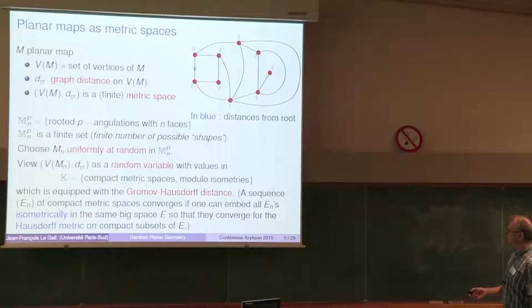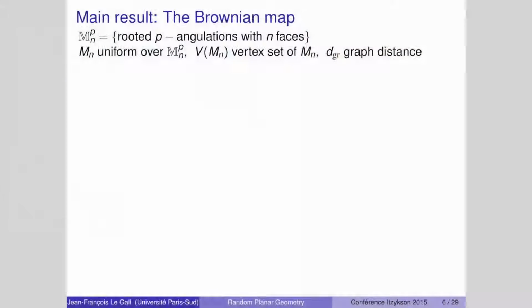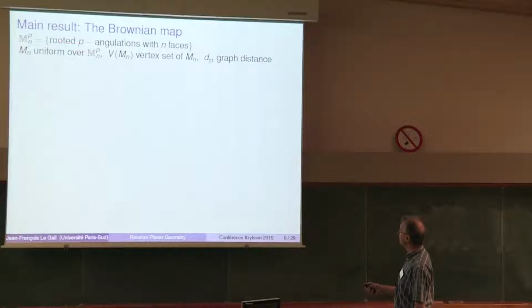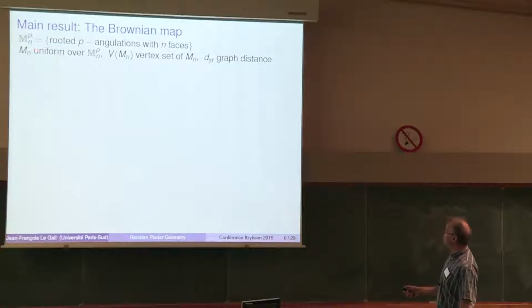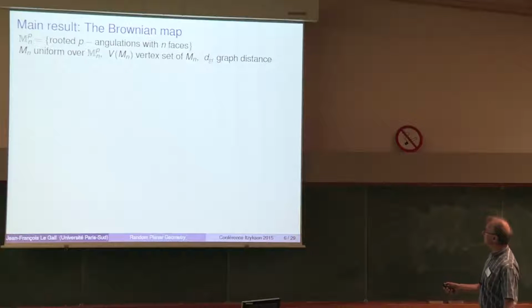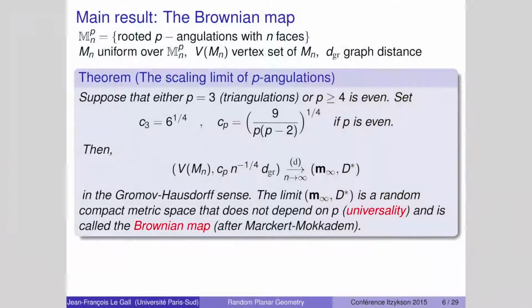Now, using that, I can state the main result of convergence to the Brownian map. So this is just to recall the definition. I have my set of all triangulations with n faces. I choose one uniformly at random, capital Mn, and I look at the vertex set equipped with the graph distance. Okay, and the theorem says that, at least for these two cases, but I will say more about that later,